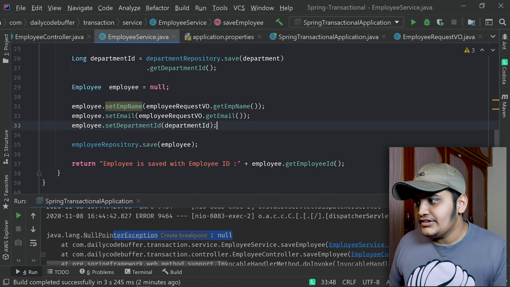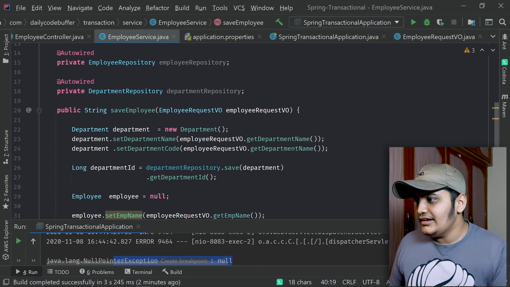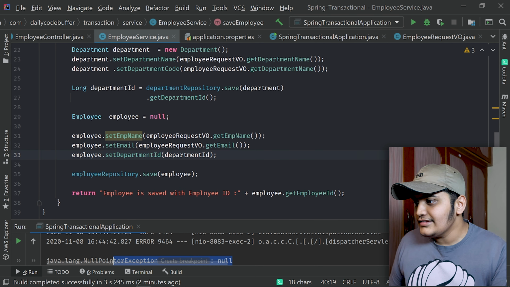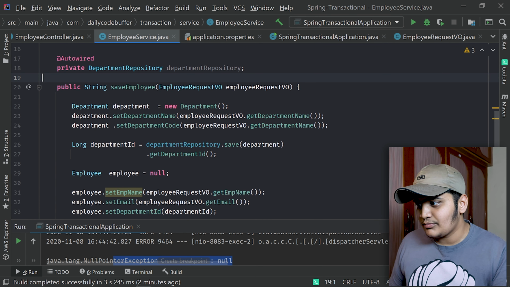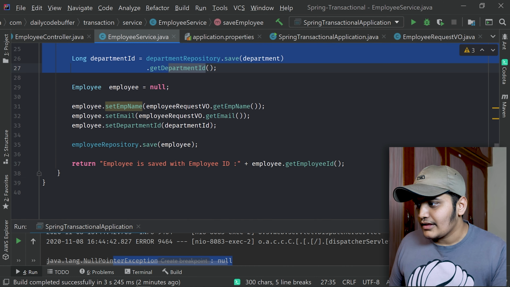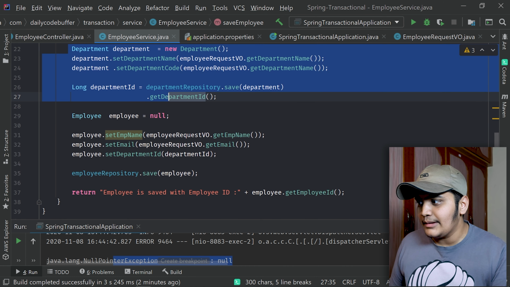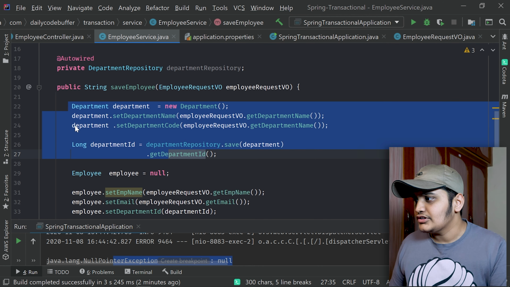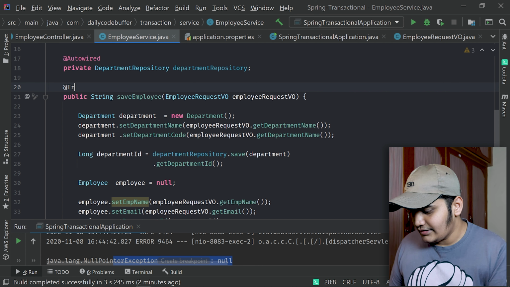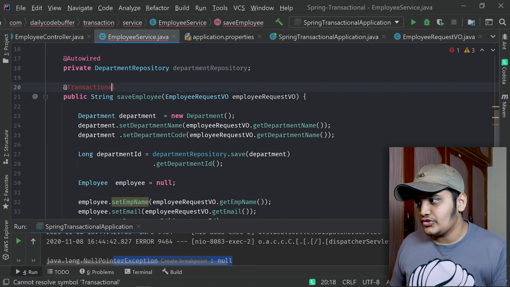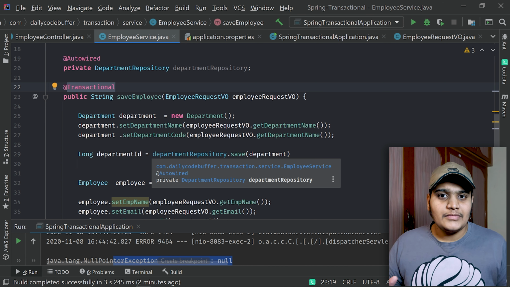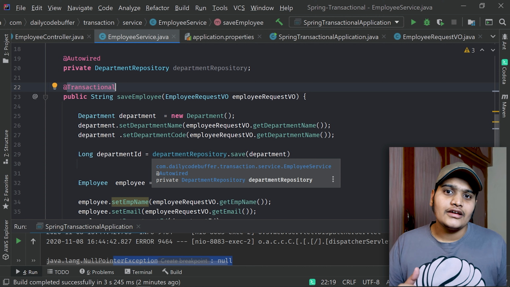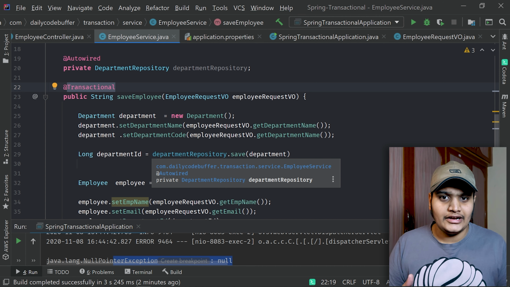So let's go to IntelliJ IDEA, and what I will do is use the @Transactional annotation at the service layer, because at this layer, at this point, my transaction is happening, right? I'm saving the data over here, I'm calling the department repository and the employee repository, and this entire transaction has to be completed in one shot. So I'll use the @Transactional annotation over here. So this method will be treated as transactional. Spring internally will take care of all the commits, rollbacks and exception handling.